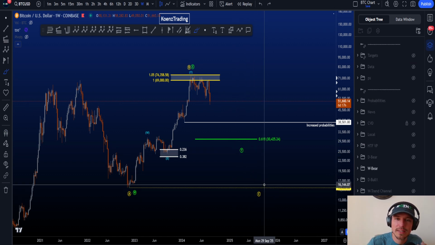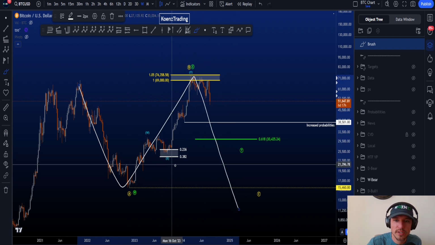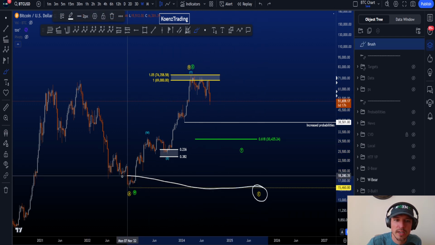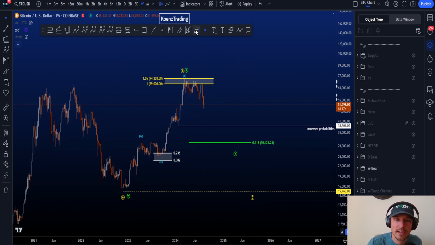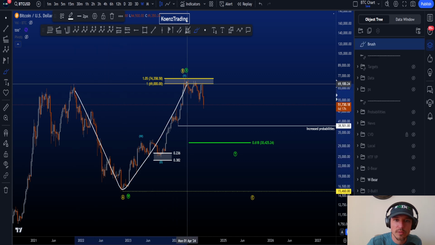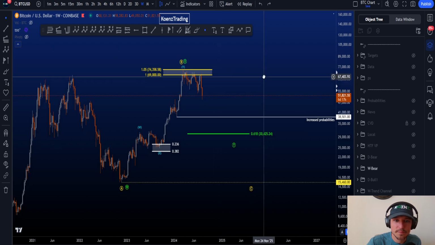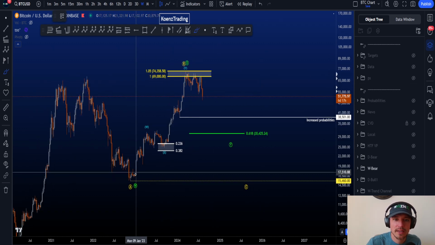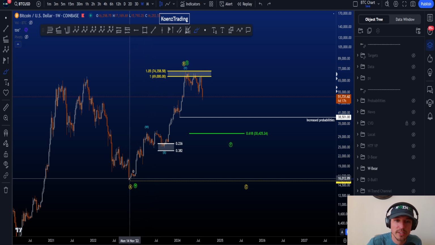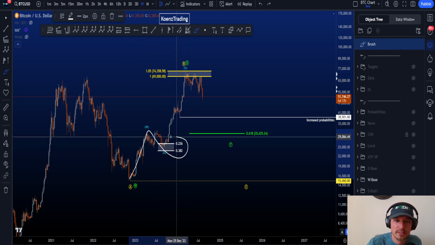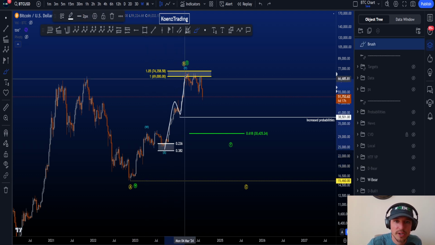The difference between the ABC, the yellow count, which is a regular flat ABC, compared to a WXY is that the minimum target for wave C generally is the low of your wave A, moving below 15.4k, and in the WXY we are looking for a minimum target that is a lot higher, 30.4k. Now what you're seeing here is that this latest move towards the upside is then counted as a WXY, a double zigzag, WX, very shallow X here, 0.236 to the 0.382 Fibonacci, and then a final 3-wave ABC to the